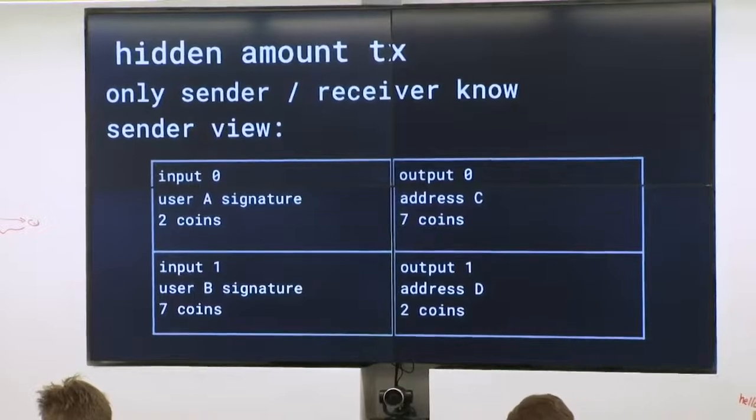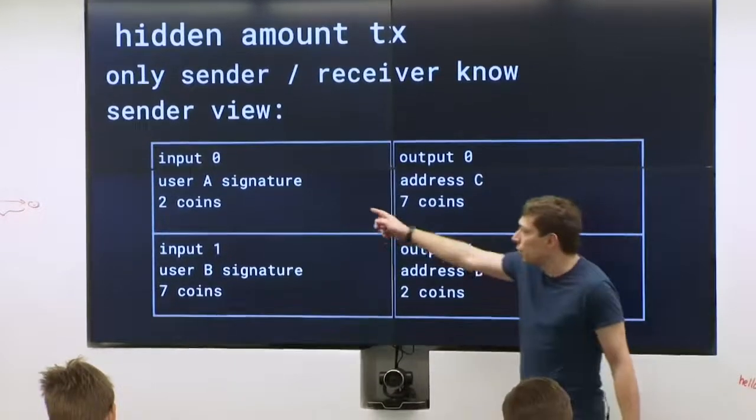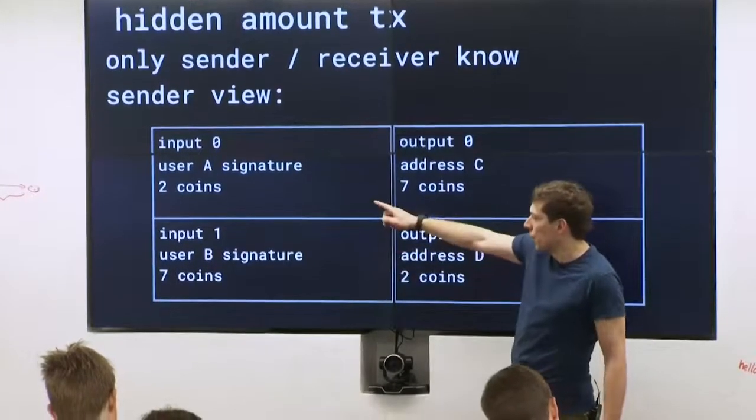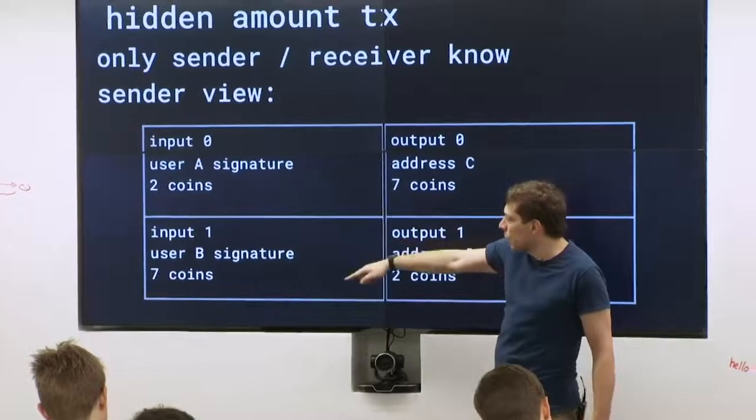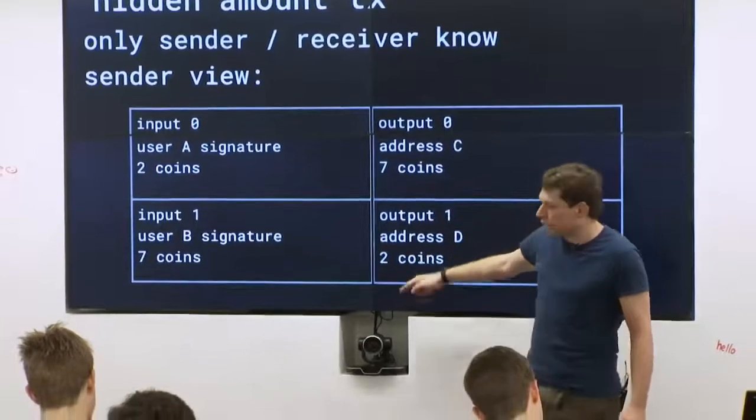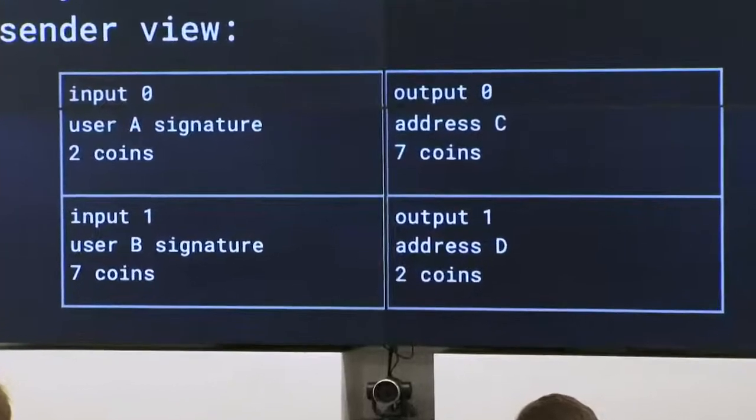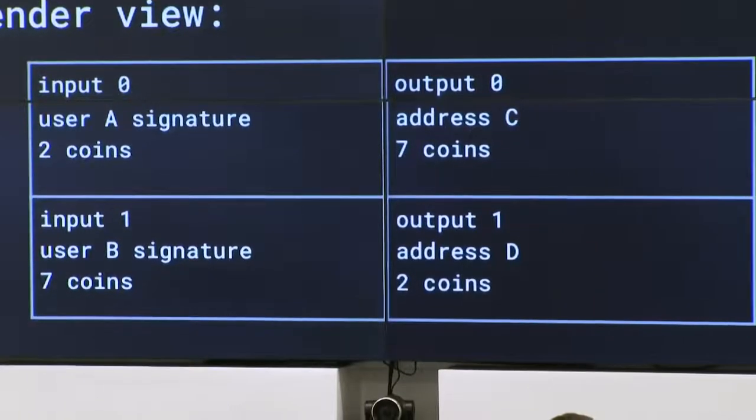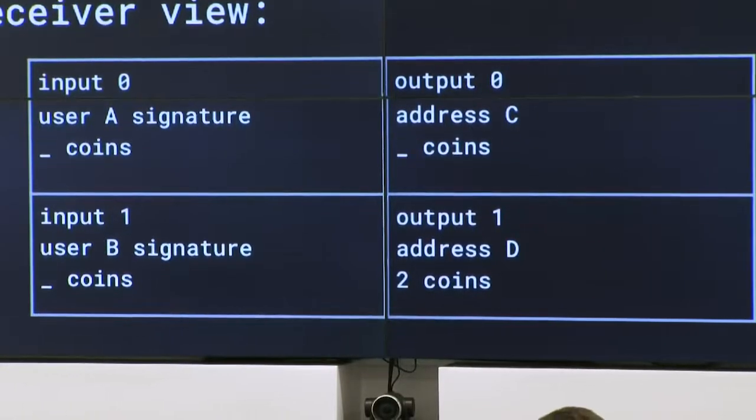But from the sender's view, the sender says, okay, I know I have 2 coins here, 7 coins here, and I'm sending 7 coins here and 2 coins there. So the sender knows the whole thing because they're the ones creating this transaction. And then maybe the receiver